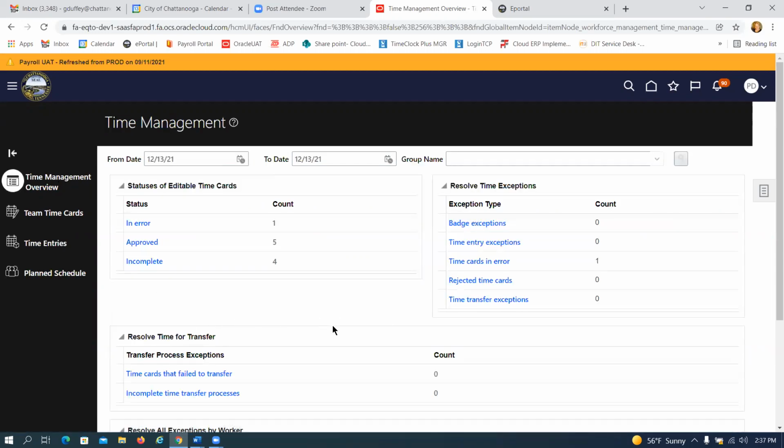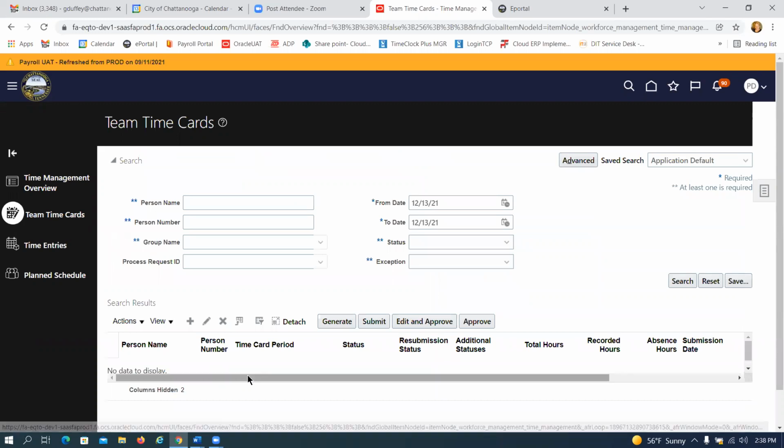There's another thing I needed to go over too for a different employee. I want to show you a police employee. So if you go to